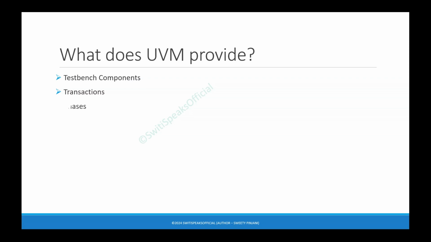Another very important thing which UVM provides us is phases. Now, we need to do a lot of things in verification and even with the test bench components. We need to create the test bench components, connect them, initialize them, and give them a stimulus. These are performed in different phases. UVM defines a set of simulation phases which enables the user to control the order in which your test bench components will be created, connected, initialized, and executed.